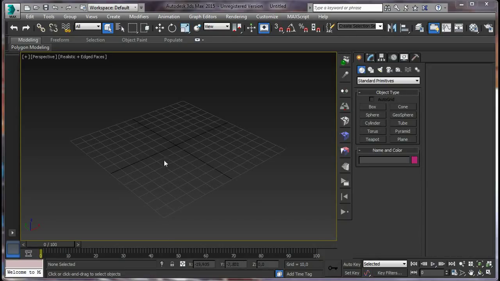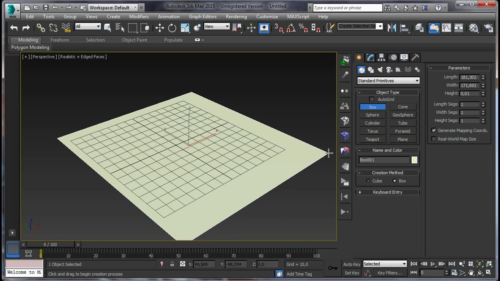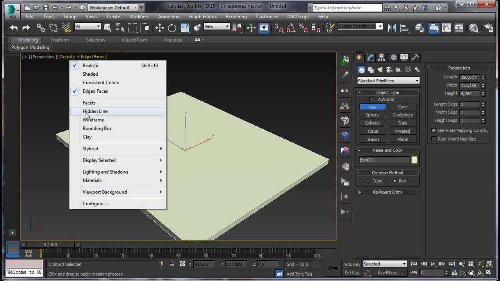Hello again. This time I'm going to show you how to crack surfaces with Pulldownit version 3 in Maya. Let's start by creating a box in the viewport. This is going to be our surface. And let's set the wireframe mode